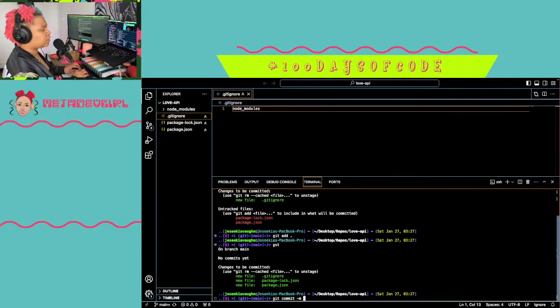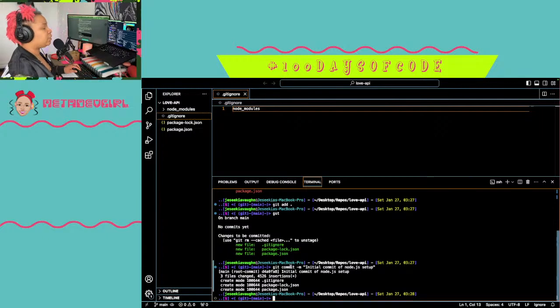Commit dash M, "initial commit", node. I should say Node.js, since a node technically has a meaning. Okay, so now I have a commit.